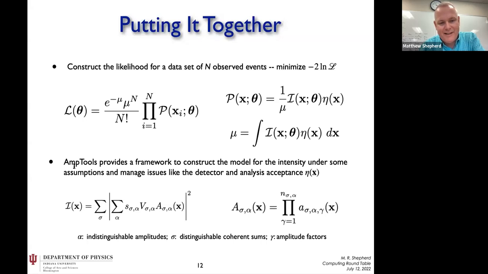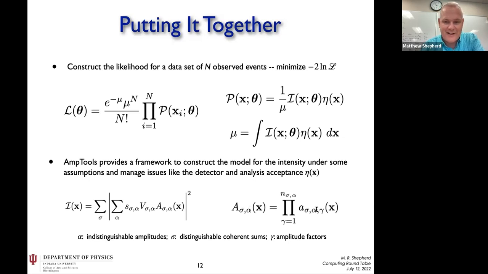But what AmpTools does is it provides a framework really to construct this likelihood and construct this intensity I. And it does so by assuming that at the lowest level, you can always write this intensity as an incoherent sum of coherent sums, which are functions of the kinematics. And I'll avoid all the technical details of what the S's and B's are. These are fit parameters, real numbers and complex numbers related to the phases. And the amplitudes themselves that describe the event that happens,